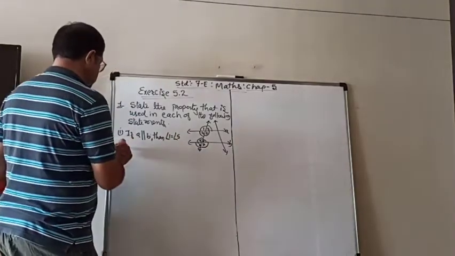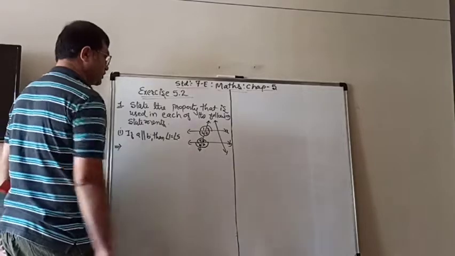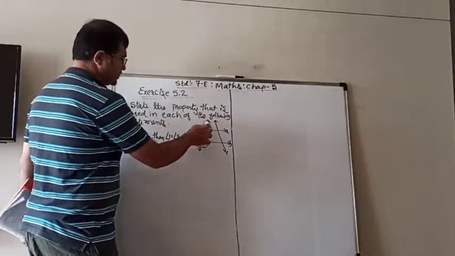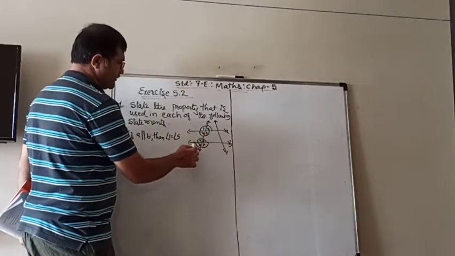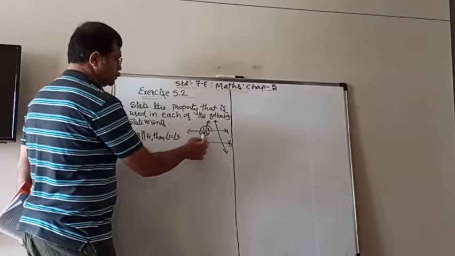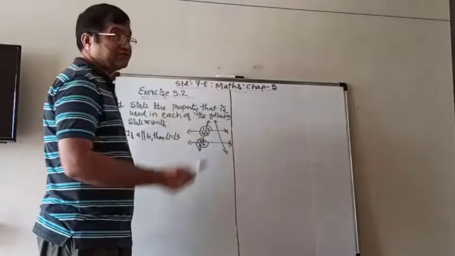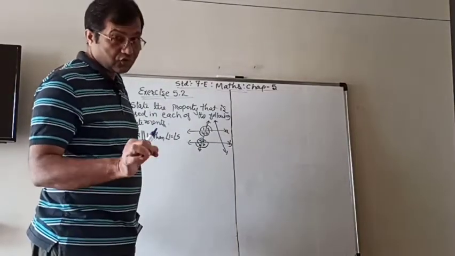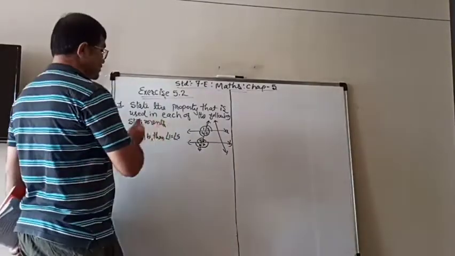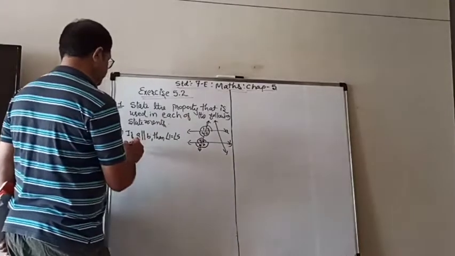Now check in the figure. Angle 1 is here and angle 5 is there. You can say that it is an inverted F. So F stands for which angles? Corresponding angles. So we have to write down the whole property,